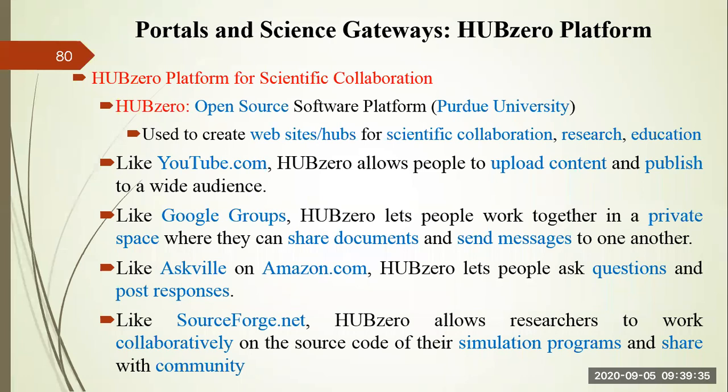Once a code is successfully developed, it can be shared with the community so that anybody who requires that code can take help of these tools. The entire thing given by YouTube, Google Groups, Amazon.com and SourceForge.net is combined in HubZero. That is the advantage you get if you are using the HubZero platform.